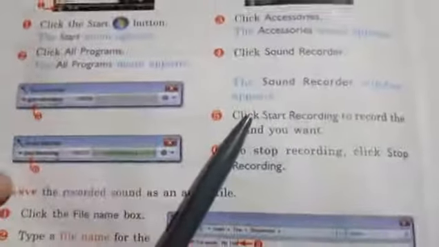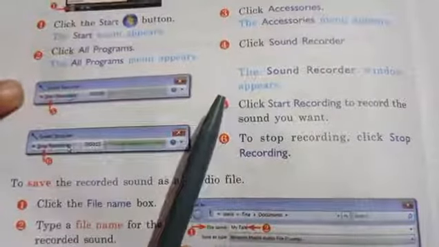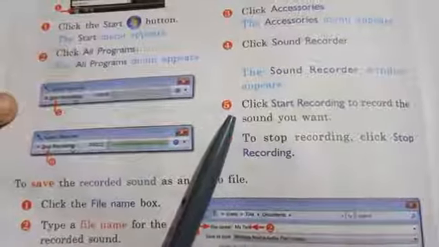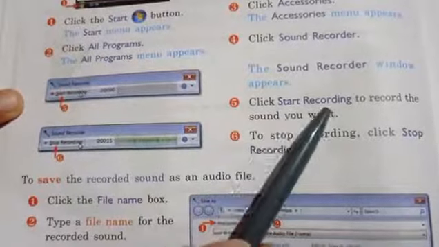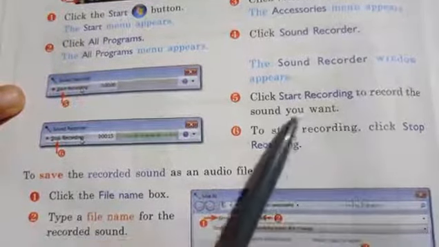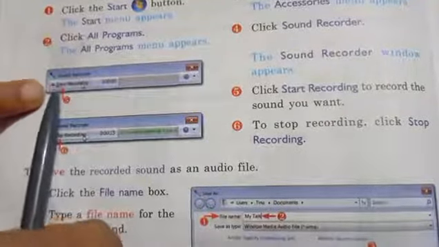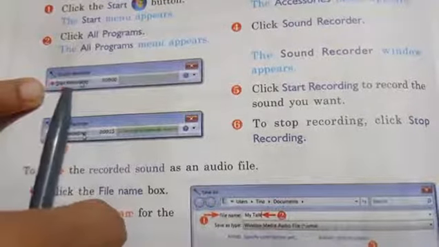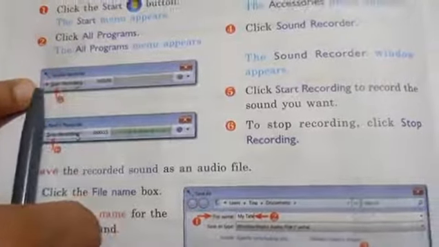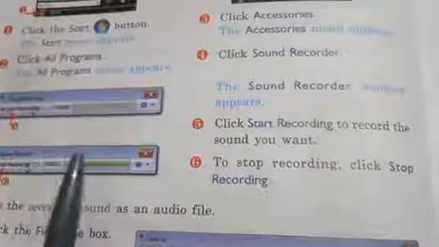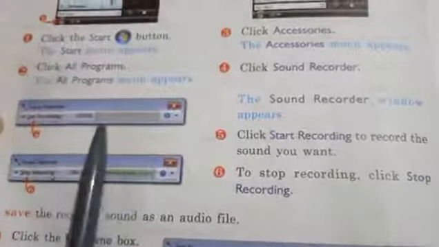The Sound Recorder window appears just like that. Click start recording to record the sound you want. Here you have to click on this start recording button, and then you can record your sound.